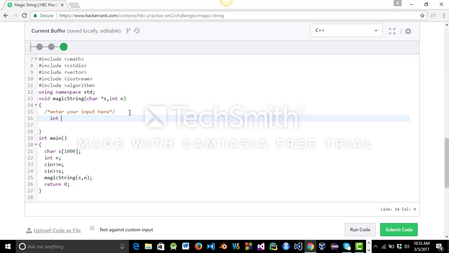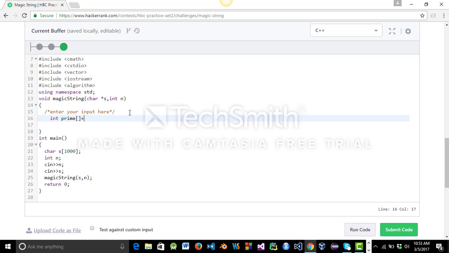Firstly, let's take an array called prime, which has all the prime numbers from 65 to 90 and from 97 to 122. Because the ASCII value of capital A is 65, the ASCII value of capital Z is 90. Therefore, we store the prime numbers from 65 to 90. And similarly, the ASCII value of small a is 97 and ASCII value of small z is 122.